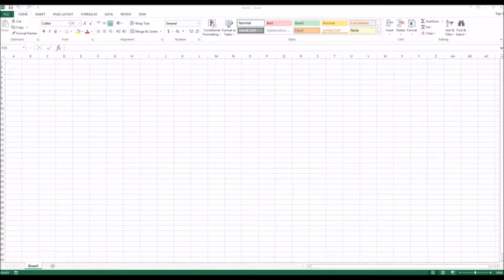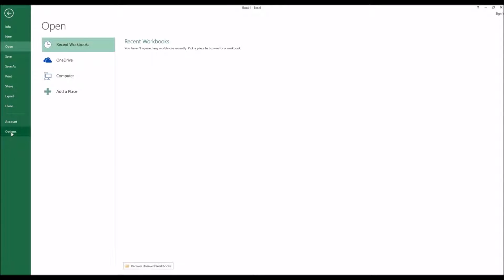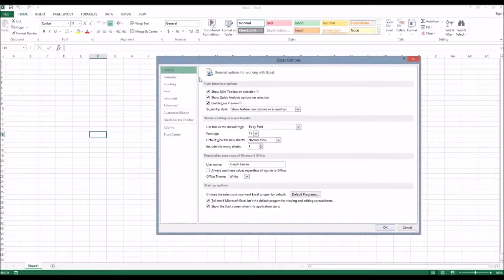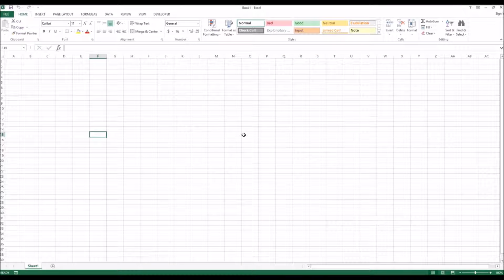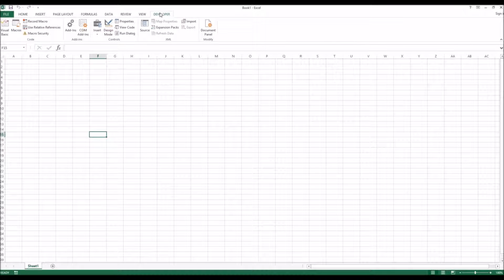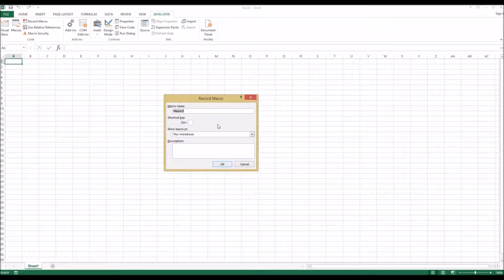To start writing macros, you open up File and you choose Options and you say Customize Ribbon and choose this Developer tab over here and say OK. Now it gives you this nice Developer tab, and I'll write a basic macro today to give you an example. Let's say I want to make a template for a financial report. I'll say record macro and I'll call this